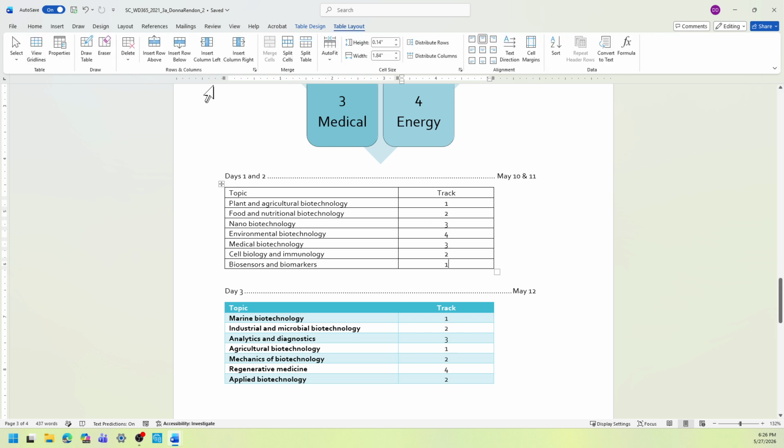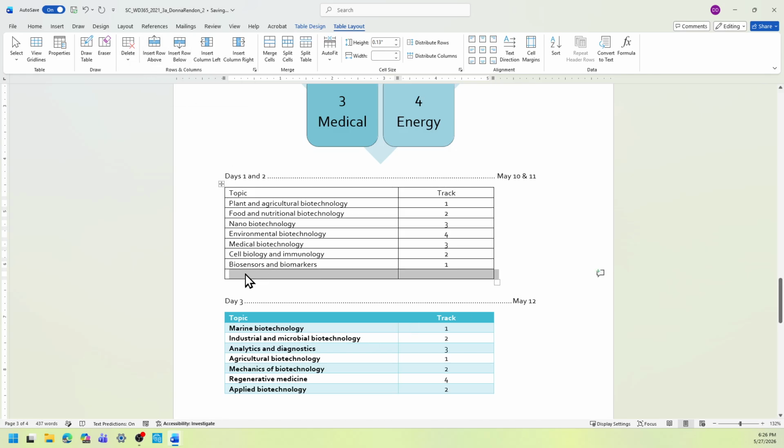And then from the rows and columns, we're going to select insert row below. And from here, type energy research at the first column. Make sure it's correct spelling. Energy research. And then at the second column, type 4.